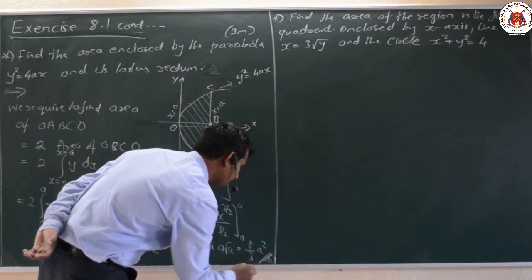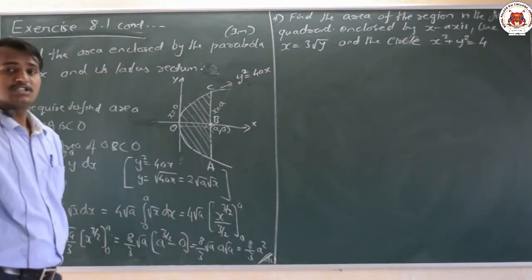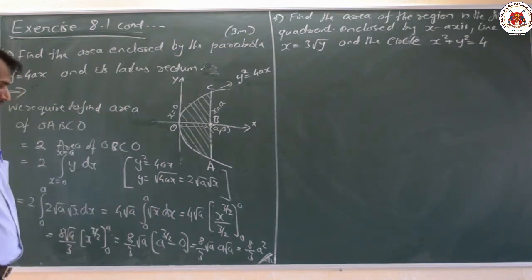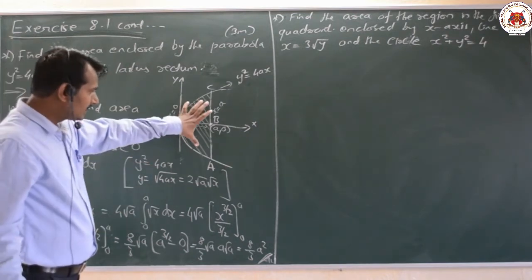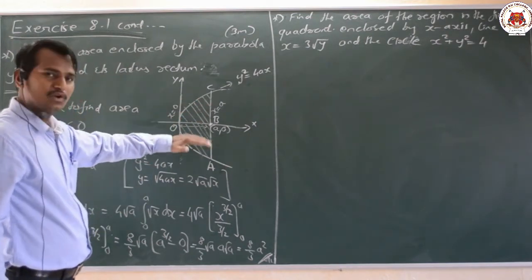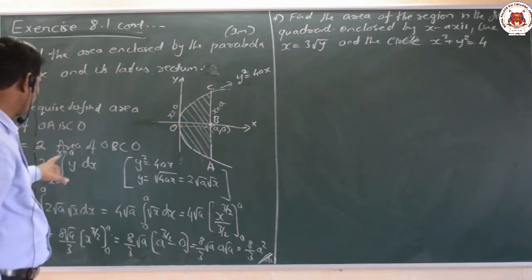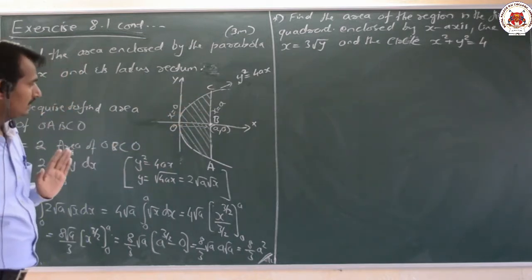And the unit will be square units. At last you have to write down the units also. Now what is the unit? That is nothing but square units. So what I have done in this particular problem is, in both the first and fourth quadrant, this value we require to find here. That's why 2 into this particular sector I am going to find here.